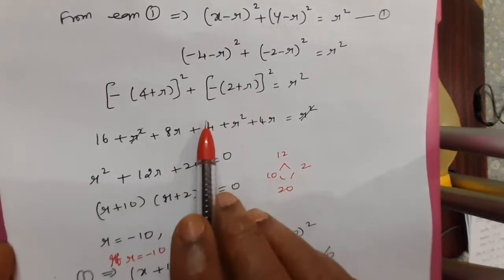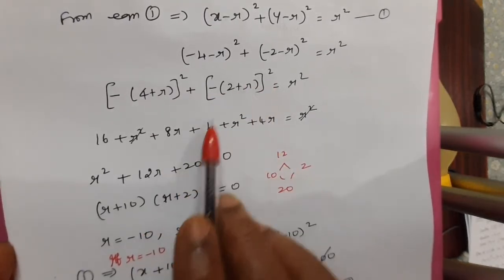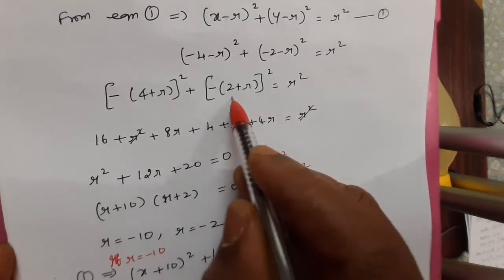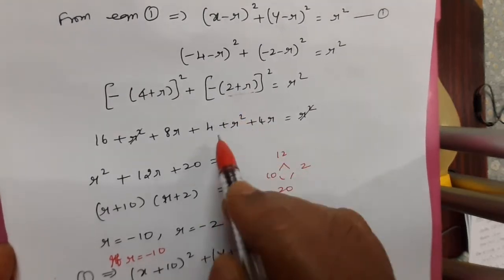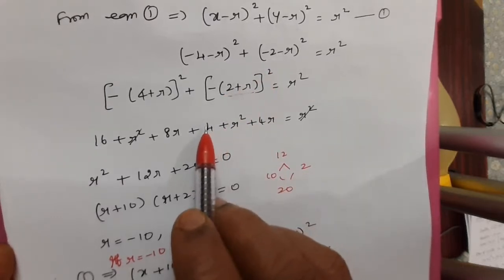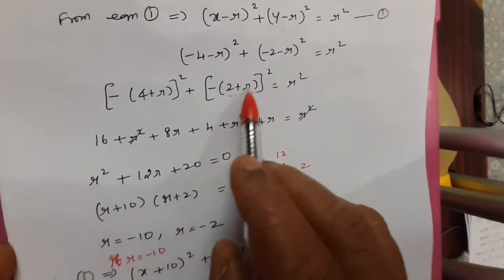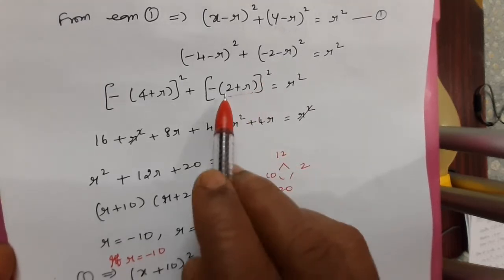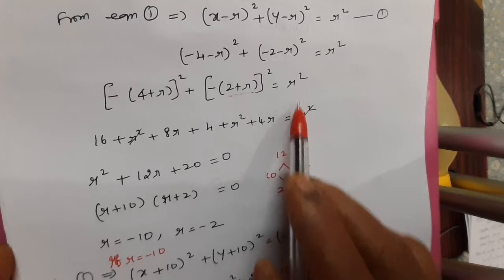Again here the square: we get (2 + r), (a + b) whole squared. 2 twos are 4, a squared plus b squared, r squared. Here also we apply the formula (a + b) whole squared. What is a squared? 2 squared, which is nothing but 4. Again b squared, what is b squared? a plus b, b is nothing but r squared. 2ab, 2 twos are 4r, equal to r squared.